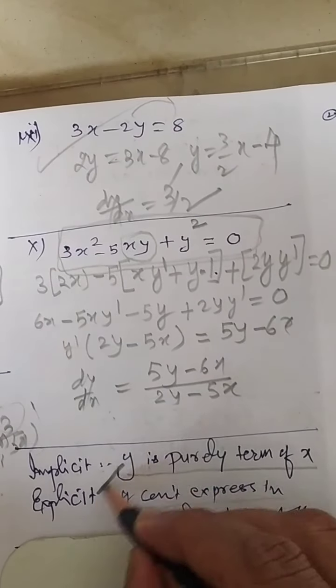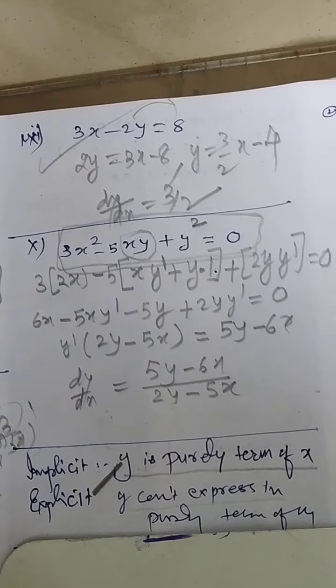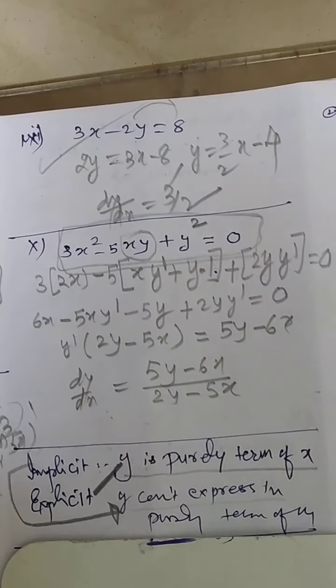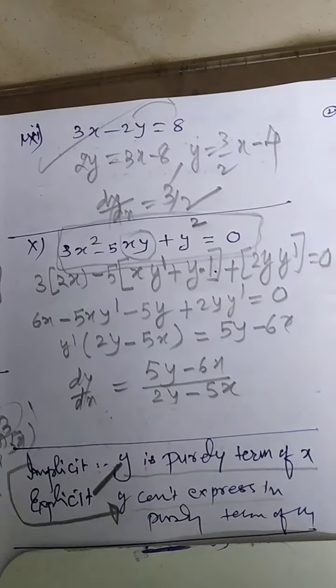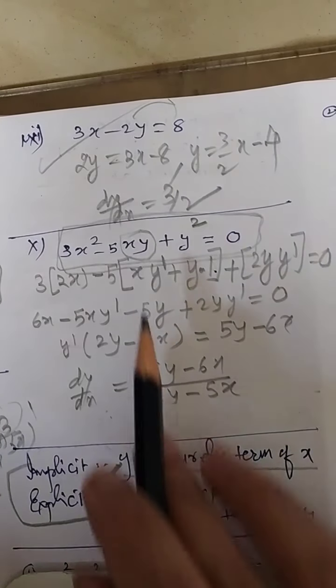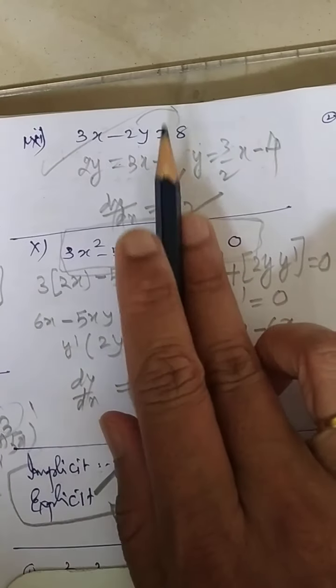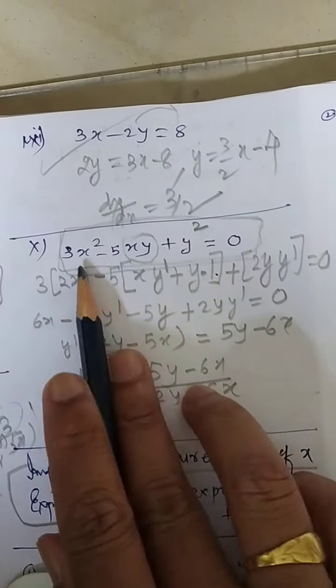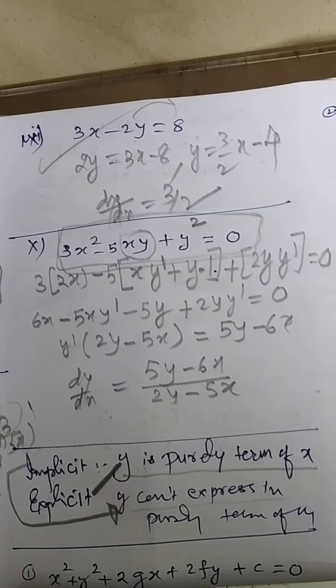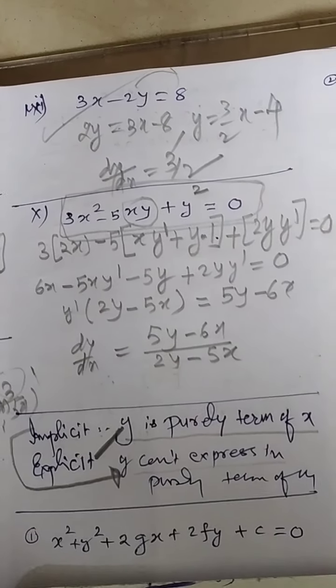So the first case is nothing but an example of explicit function. And what I have shown in the just now case, the above problem, is nothing but explicit function. This is the implicit function. Here it is, this is explicit function. You can express it, implicit function. So the next title in today's discussion is derivative of implicit function.